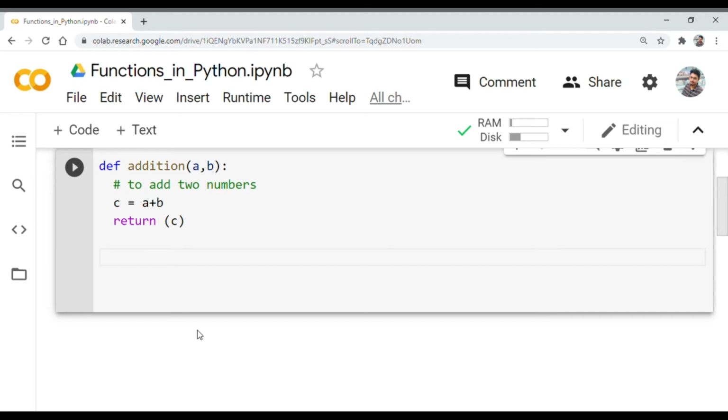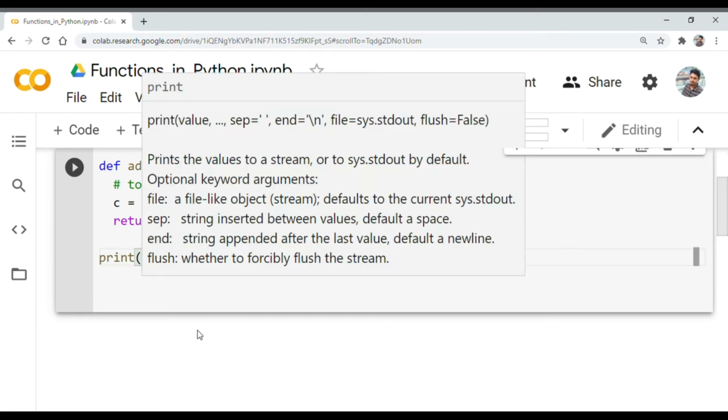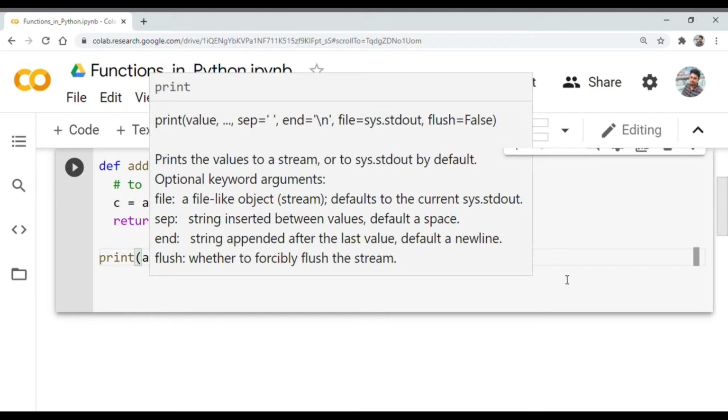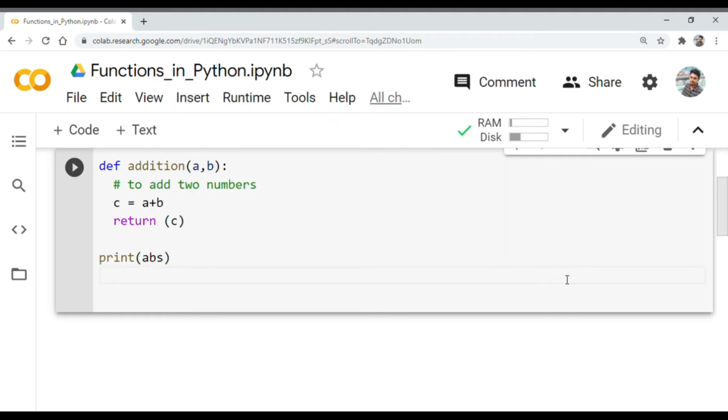Now I am directly printing whatever is returned. Print addition of, we can take any two numbers, let's say 15 comma 9856. Well, let's change it to 1552.